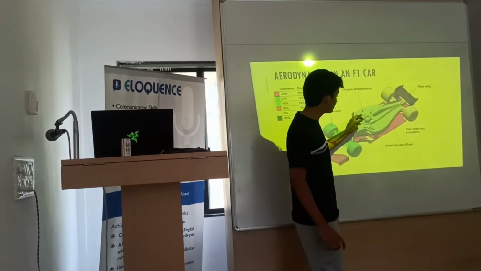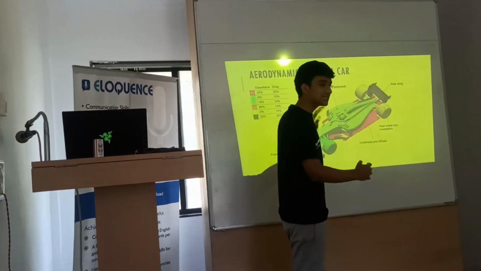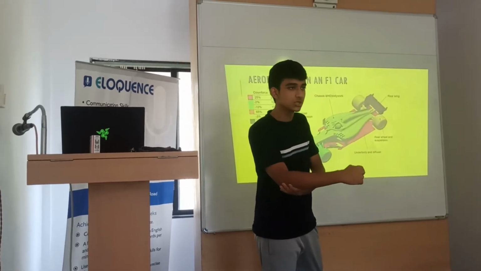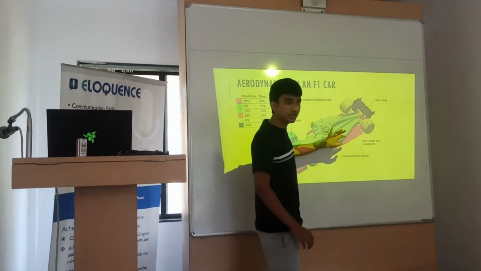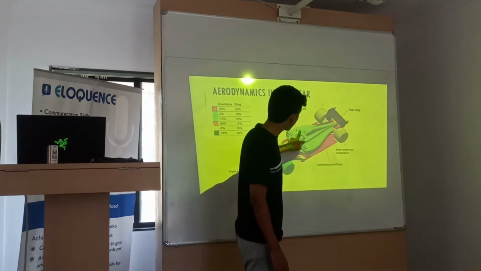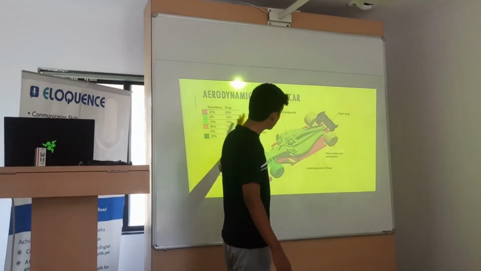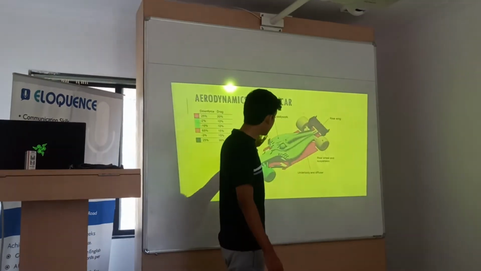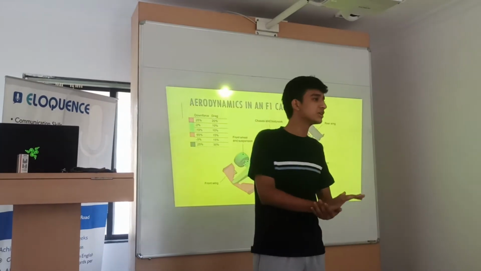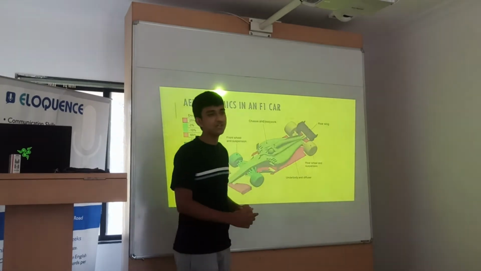So the Halo is a protective device over here. Can you see this part? Now the driver sits in the cockpit, right? So whenever, let's imagine an airborne crash. What if a car jumps on top of another car, which has happened in previous years, and it was very dangerous for the driver, the racer. So a halo was introduced on the monocoque, which would protect any driver from any impact or any debris that would go at high speeds at them. And in the current regulations, it can withstand a force of 130 newtons. That's how strong it is. It is made of complete carbon fiber, and it can withstand very heavy forces.